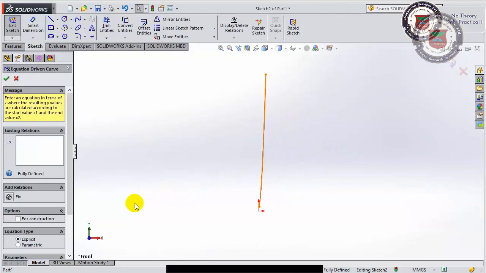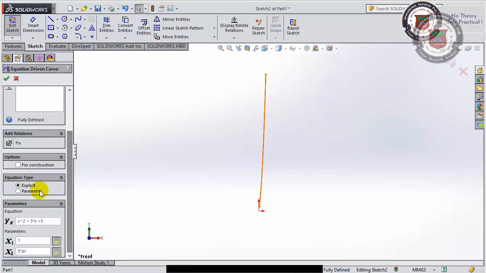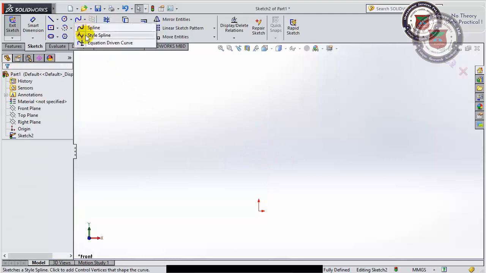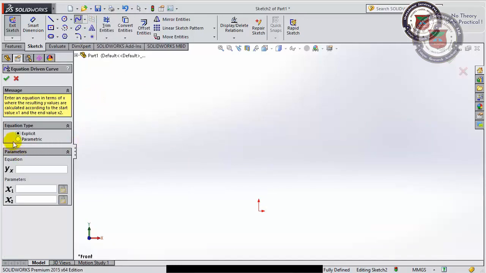This one is, as you can see, an explicit kind of equation. We can also take parametric kind of equation as well. I'm just deleting the equation. I'll be generating the second kind of equation. Now x and y both are functions of t. I'm putting the value of t, for example 4